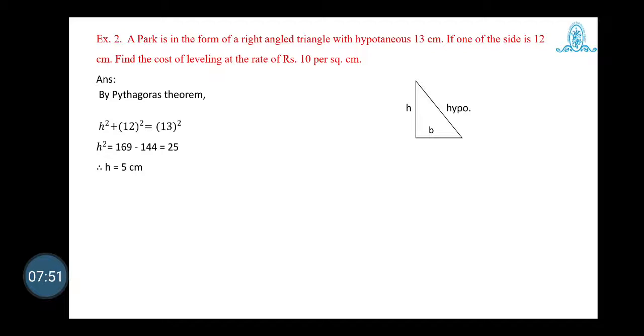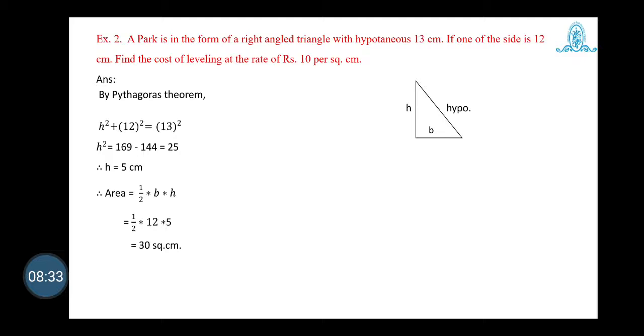So after getting this value, we have H, B as well as the hypotenuse. But we want to find the area of this right angle triangle by using the formula half base into height. The base is already given, which is 12 centimeter, and with the help of the Pythagoras identity the height is 5 centimeter. So substituting, the area of this triangle is half into 12 into 5. 12 fives are 60, upon 2 is 30. Again all values are in centimeter, so we can write the area in square centimeter.